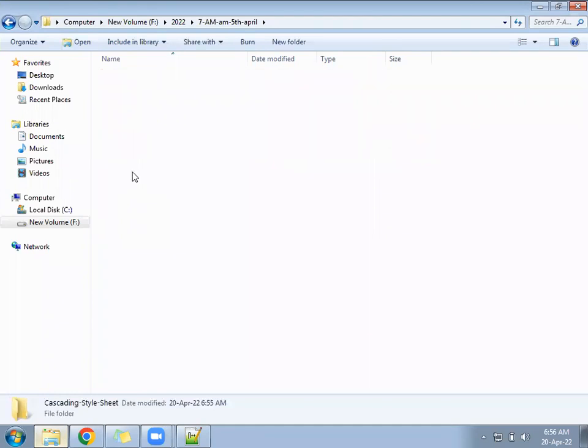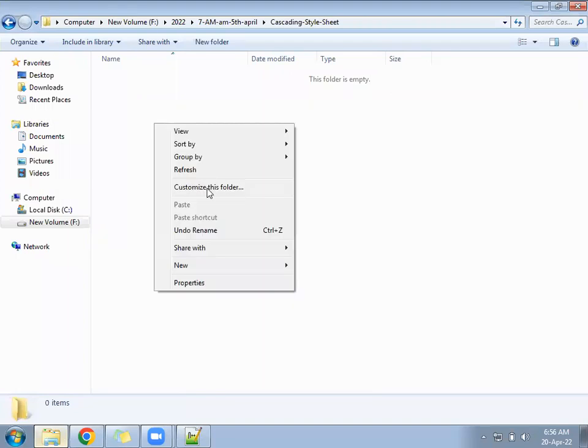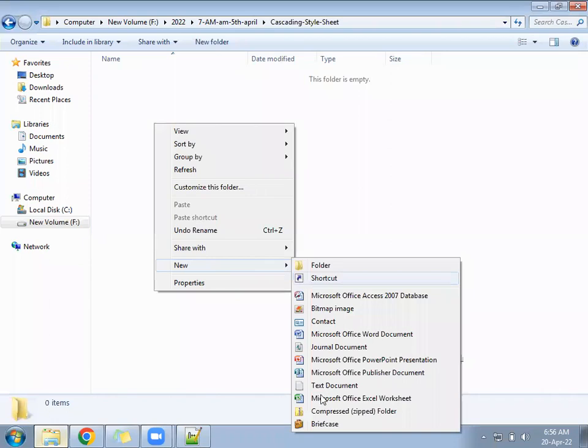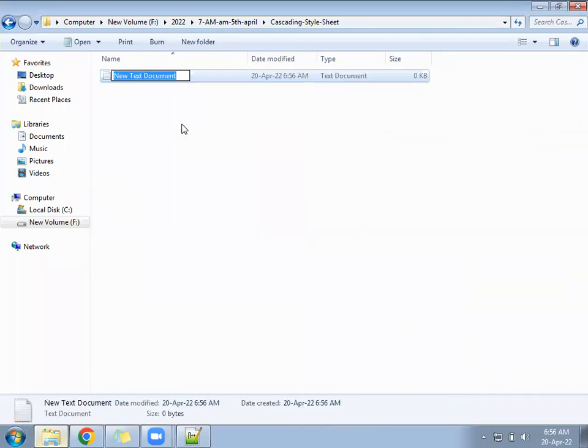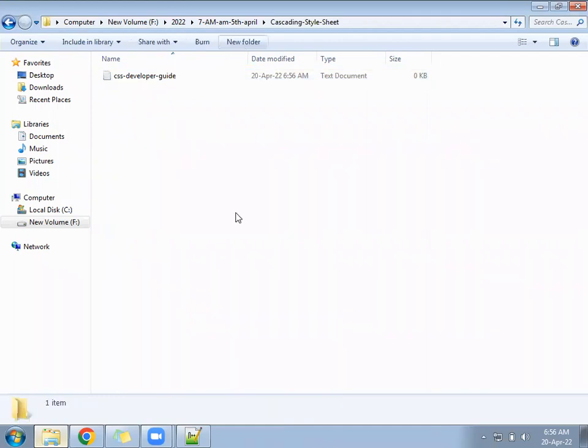Inside that cascading style sheet, one file will be there, a text file, CSS developer guide. One folder